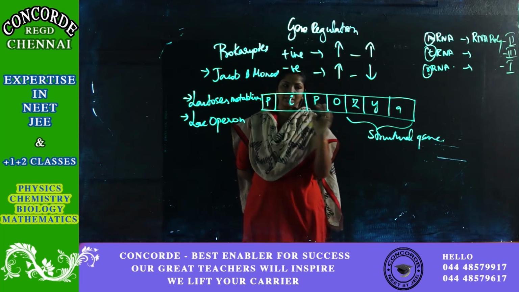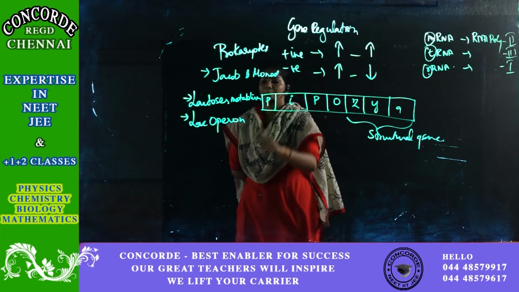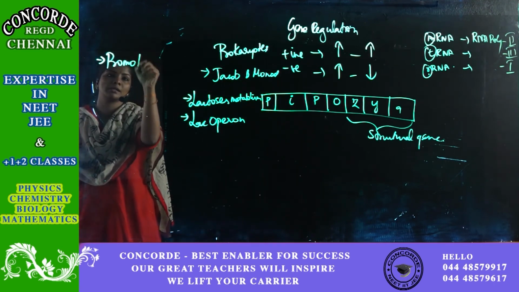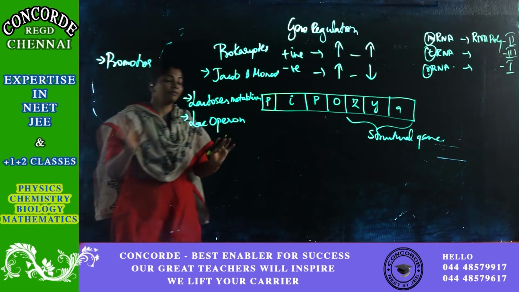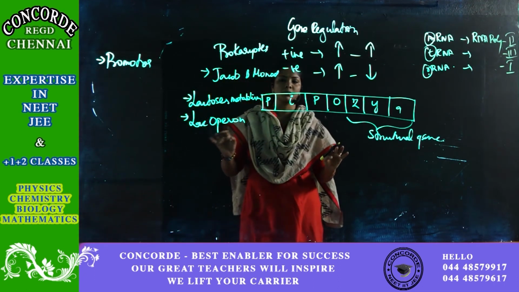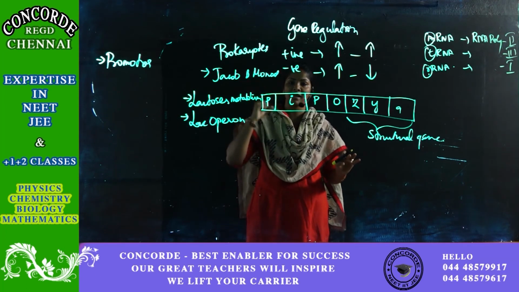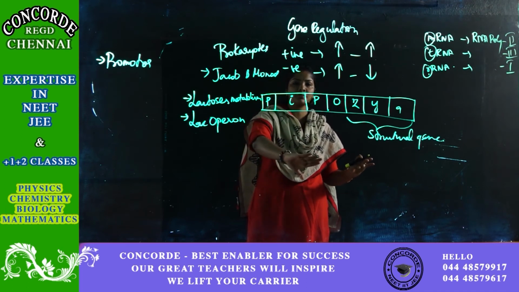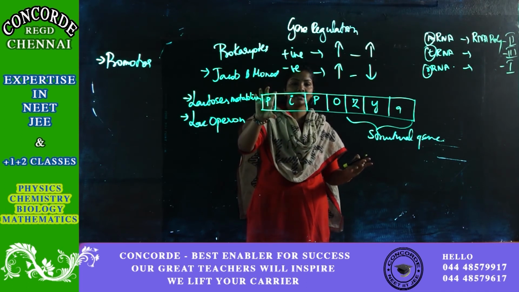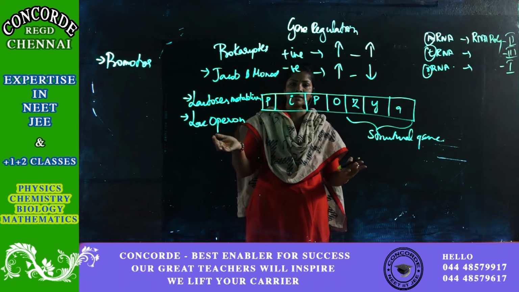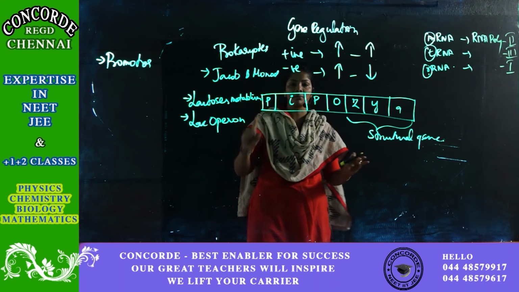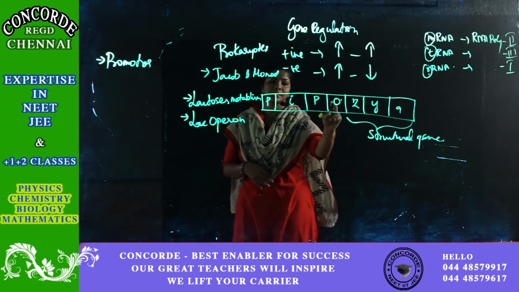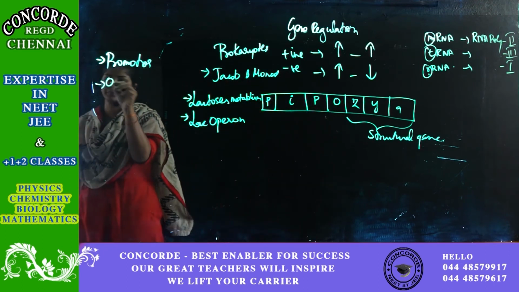Now let me explain about each thing clearly. How many terms you're seeing, just note down. Promoter is the first one. So what is a promoter? We've seen about the promoter in the earlier topics also. Promoter is a sequence which attracts the polymerase. For example, this is my DNA. From this, the RNA should be produced. So what polymerase will it attract? This will attract the RNA polymerase. Clear? So promoter sequences are required for attracting or pulling in the polymerases.